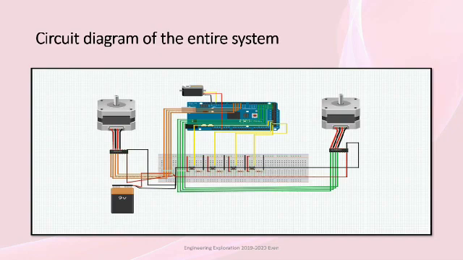After the completion of the 3D model, we need a circuit diagram for the working of the drawing board. So this is the circuit diagram of our project. It consists of a servo motor, 2 stepper motors, 1 Arduino, 1 breadboard and a battery. The servo motor deals with the movement of the pen. Stepper motor is connected to the servo motor which deals with the writing unit.